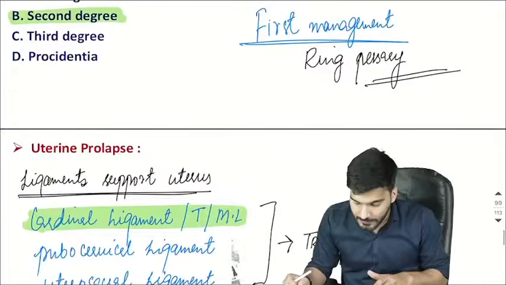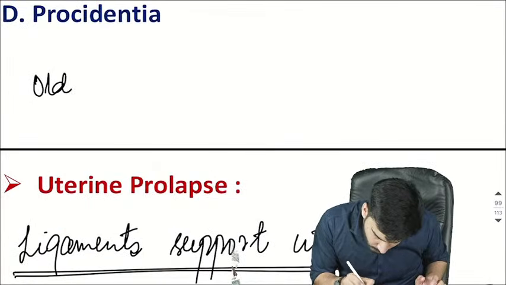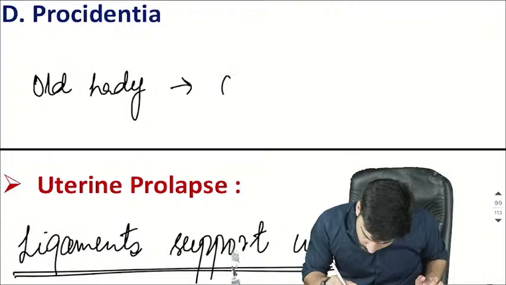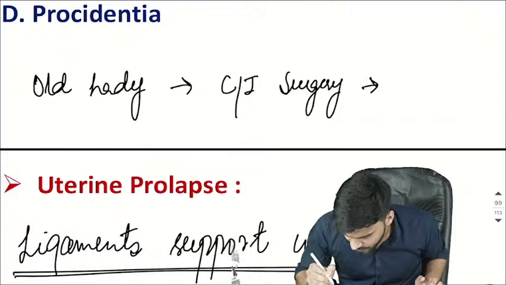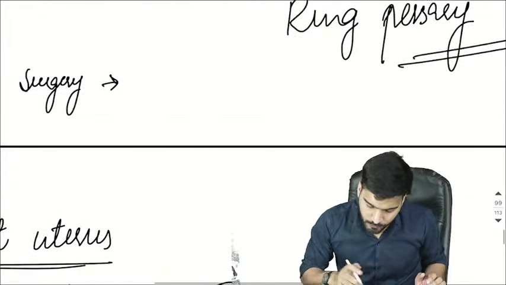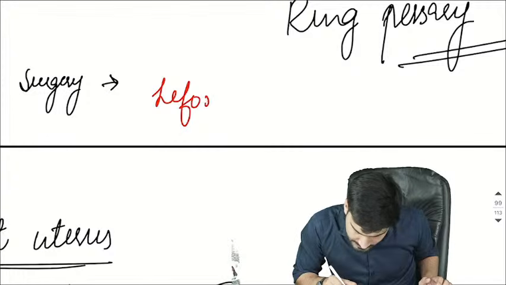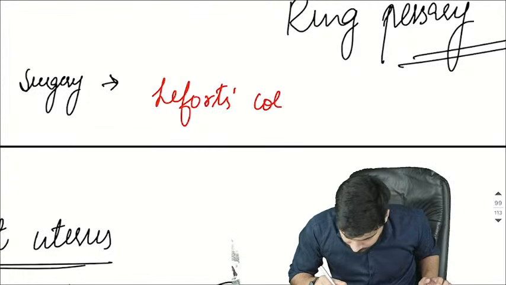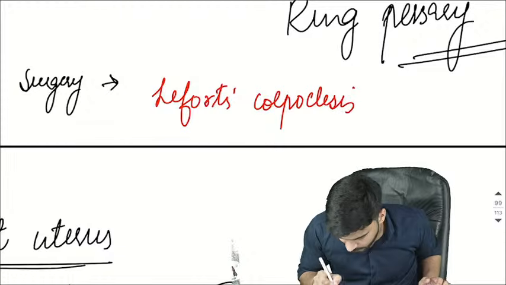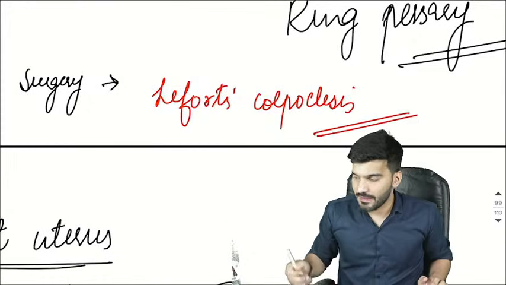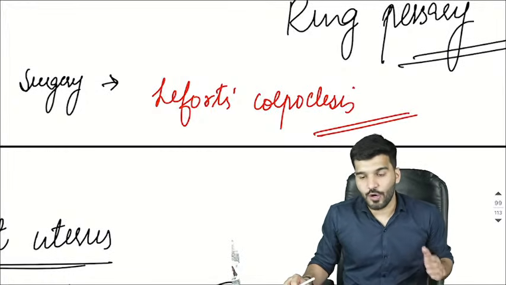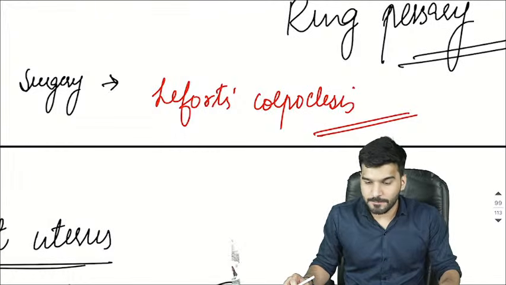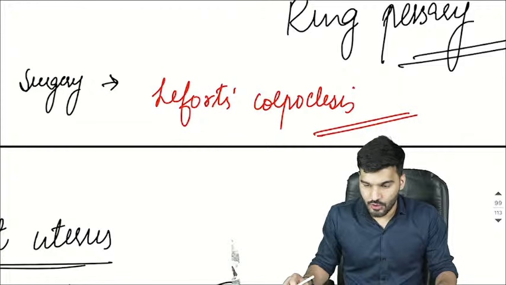And an old lady, if she has a contraindication to surgery, that means she's having increased blood pressure or other features, for that we go for Lefort's colpoclesis. That is about the treatment for the young ladies. Clear to everybody? Yes. Chalo. Now next,